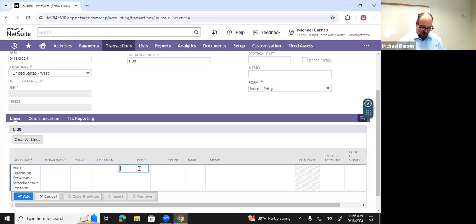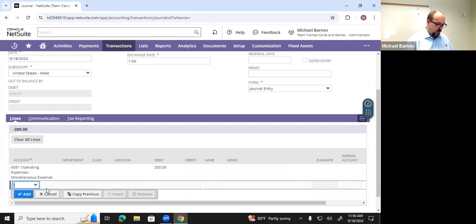All right, so we're going to type in $200 because while I'm buying you all lunch, I'm not going crazy. I'm going to go to Taco Bell where it's cheap. Okay. But as we know, every good debit has to have a credit. So let's go ahead and add a line item. In this one, I want you to go ahead and put in